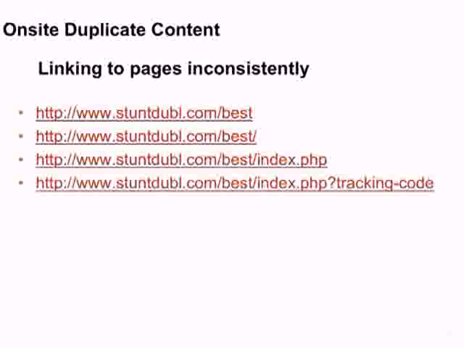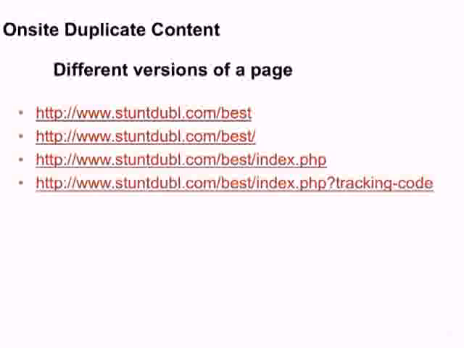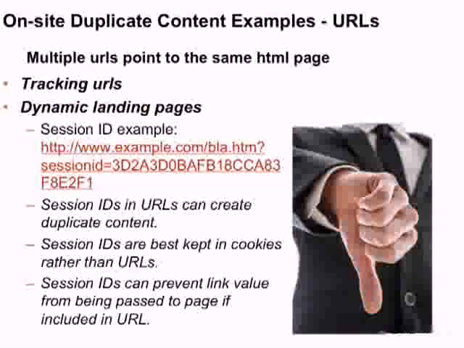So if I have the same content on each of those pages, that link equity is being split amongst those 4 pages. The crawl cycles are split between those 4 pages, and each of those would get hit once instead of the one page being hit 4 times by the crawler like it should be. So you need to correctly canonicalize these pages and redirect them, or just let Google know, give them signals with rel canonical that the tracking code is actually not a unique URL, but just a page that refers to the main page. So these are all different versions of that same page,